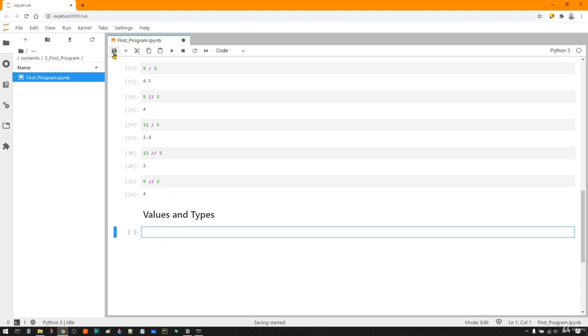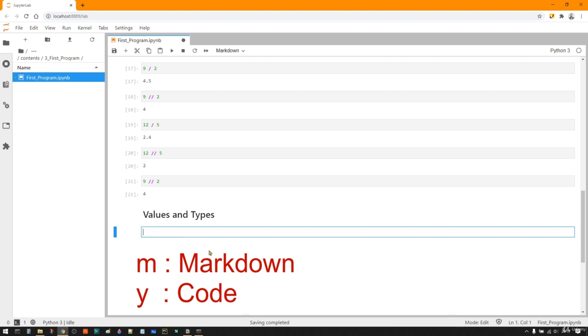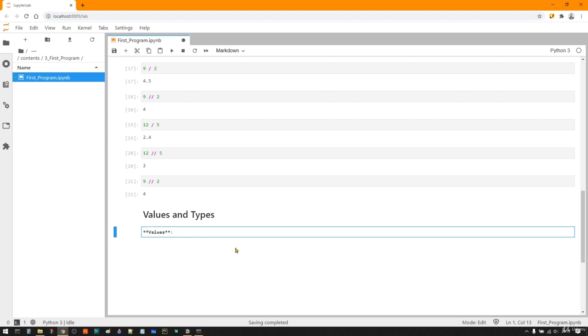So what are values and what are types? Let me again press M to make this markdown and write Values in double asterisks to make it bold. As you see, it's bold now. Values are